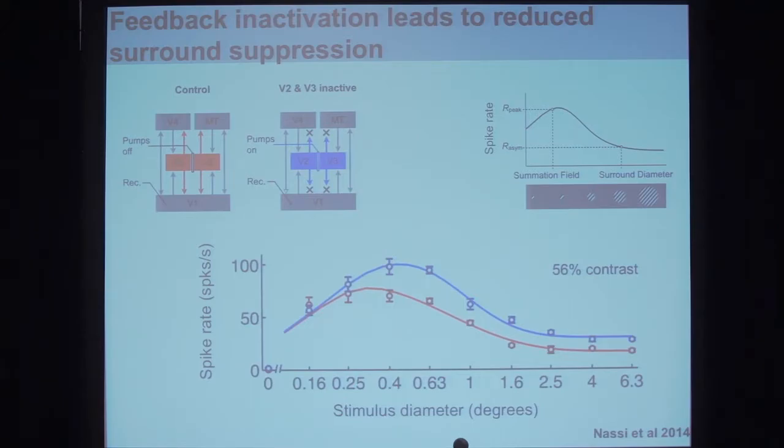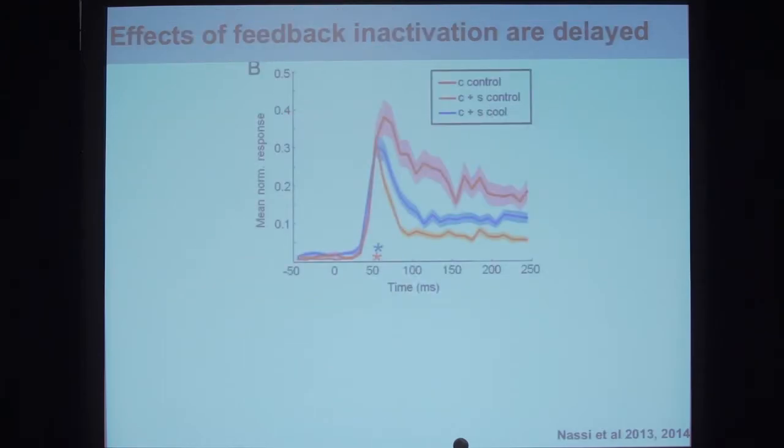It turns out that in the absence of feedback, if you don't have feedback signals, this inhibition that gives rise to this decrease in the response is significantly ameliorated. So feedback is playing a fundamental role in this constraining of the size of the receptive field and in the integration of signals beyond the classic receptive field of the neurons. These feedback effects are delayed with respect to the initial onset, so it takes time for signals to go all the way to V2 and then back onto V1. So we can use the latency of these signals as a signature for the timing involved in feedback processing.